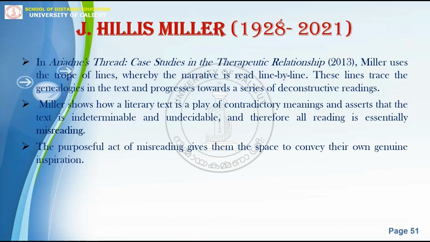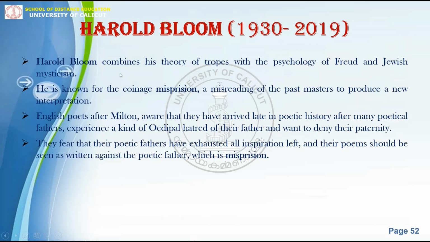So the purposeful act of misreading gives them space to convey their own genuine inspiration. Next is Harold Bloom. Harold Bloom combines his theory of tropes with the psychology of fraud and Jewish mysticism. He is known for the coinage misprision, a misreading of the past masters to produce a new interpretation. So misreading of the past masters to produce a new interpretation is known as misprision, and this is a term coined